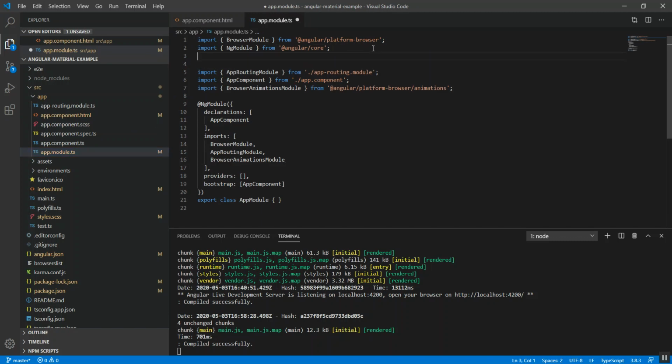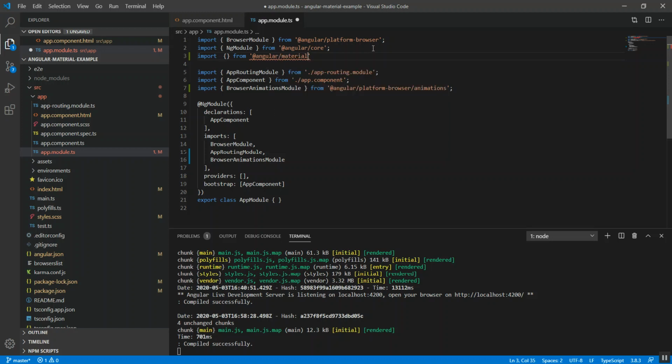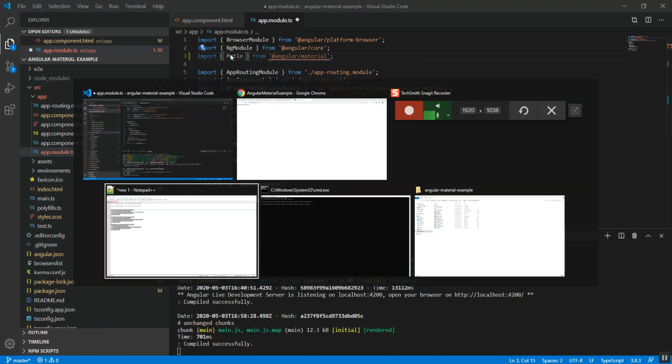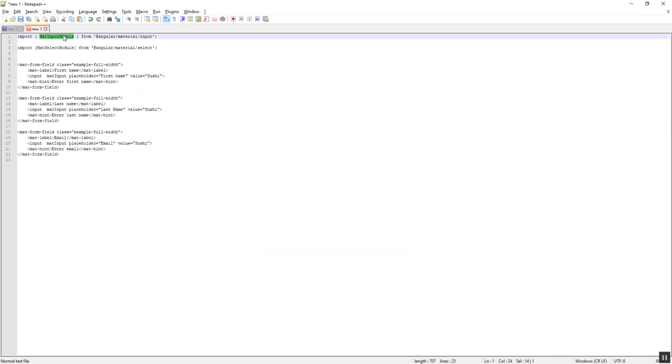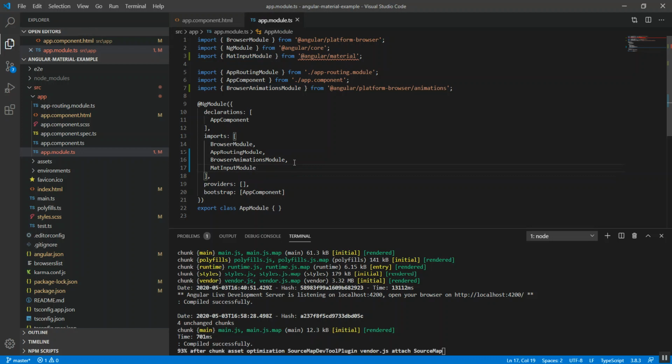I'm going to import from @angular/material the mat input module. Okay, so we are importing the mat input module into our root component, that is the app module.